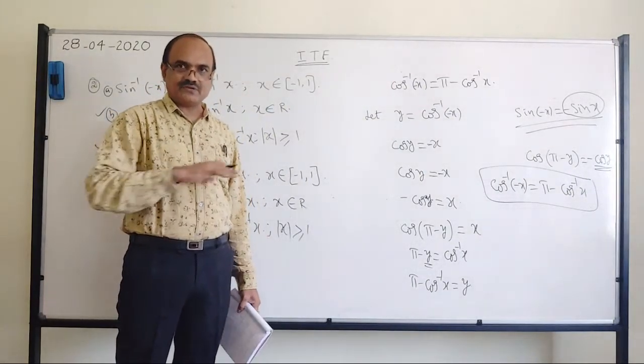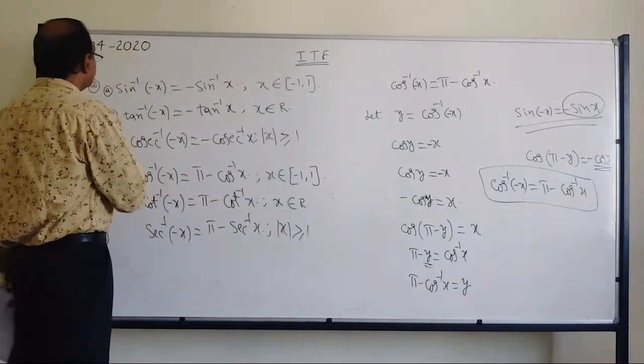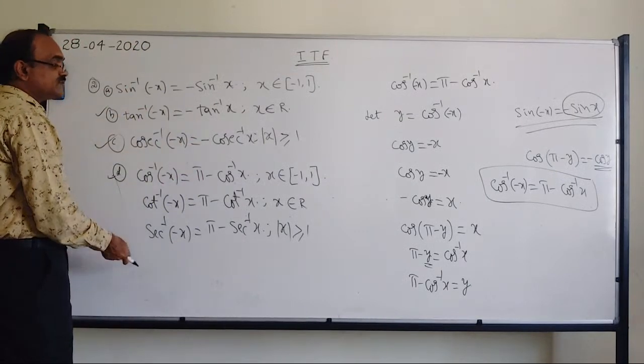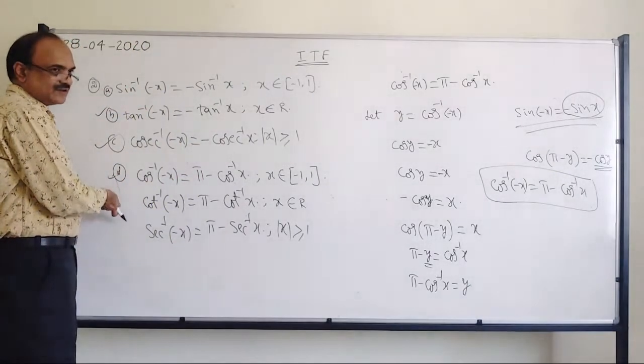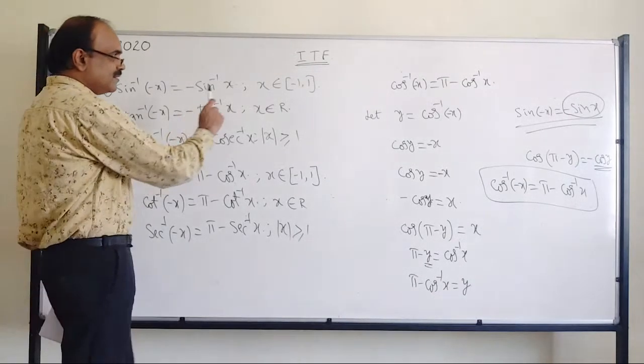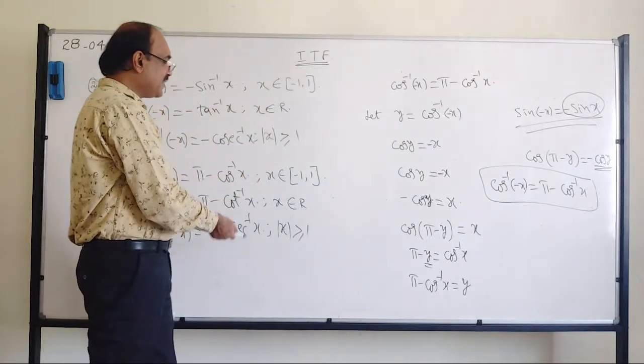But finally you have to remember this. It is easy to remember because we grouped them: sine, tan and cosecant, you will get minus, and here pi. If you see their range also, this is how you are getting it, if you remember. This is minus pi by 2 to plus pi by 2. Here it is 0 to pi. So that pi concept is used here.